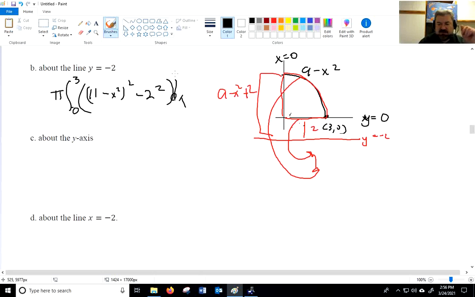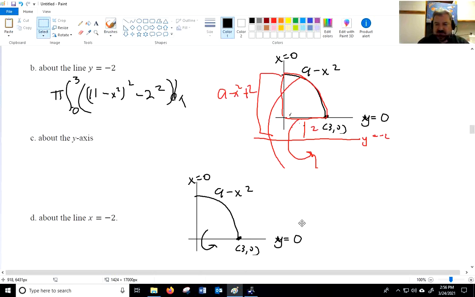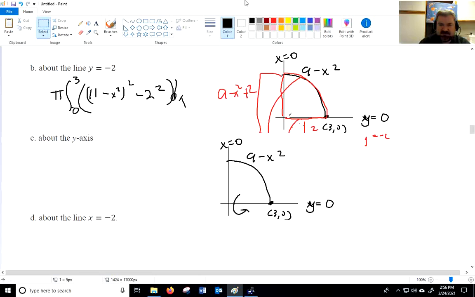All right, next, let's talk about the y-axis. What would it be if I used the y-axis as my axis of revolution? Well, if I'm going to do that, I need to solve this equation for x. So I can work in terms of y's. So rotating around the y-axis is rotating around like this. Notice that the region is entirely flush with the y-axis, so we will just be using disks here. All right, so solving 9 minus x squared equal to y would give you x is equal to 9